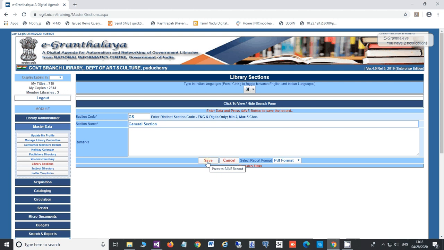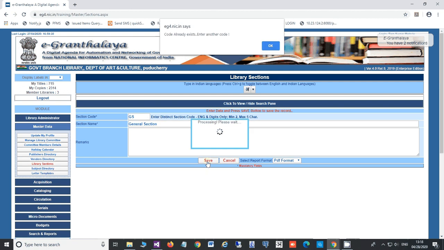If the section already exists, the system will not accept it. As in this case, this section name and section code already exist, so the system is saying enter another code.